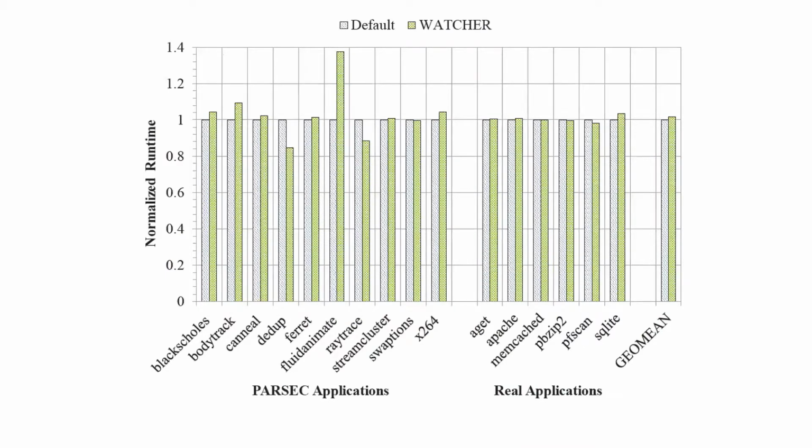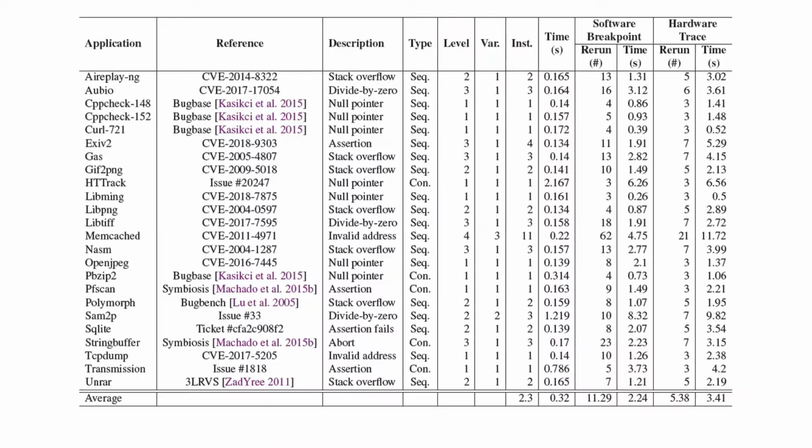The performance overhead for normal execution is up to the record and replay system. We evaluated Vultr on the PARSEC benchmarks and some real applications. The results are normalized to the default version. The performance overhead is less than 2% on average. We also evaluated the effectiveness of Vultr on many known bugs. Vultr can identify the root cause for both sequential and concurrency bugs, including stack overflow, null-pointer bugs, divide by 0,